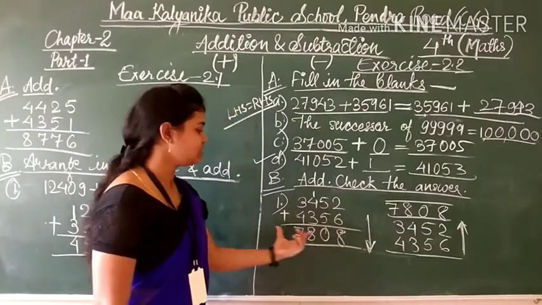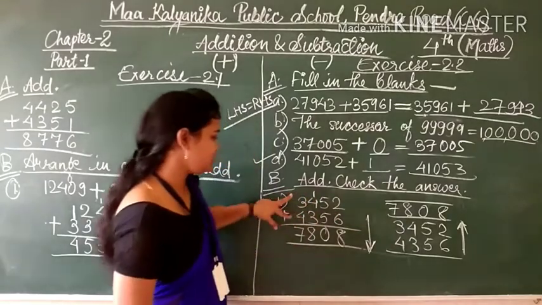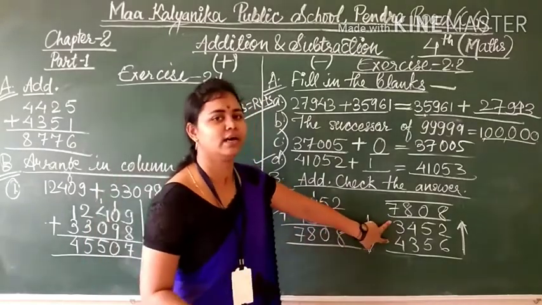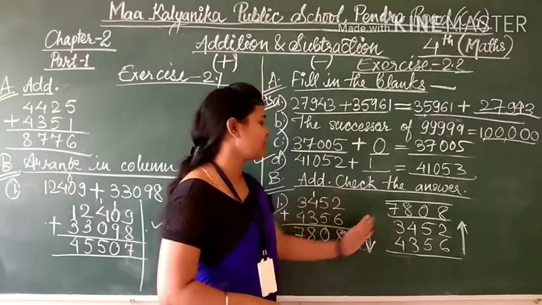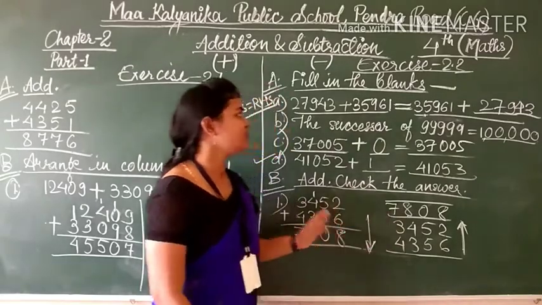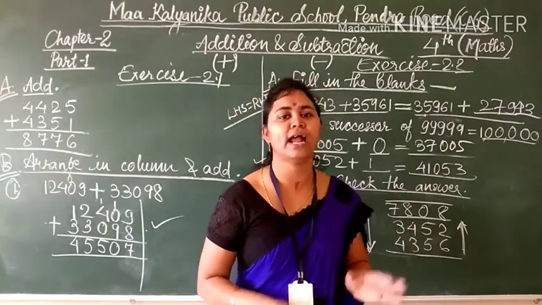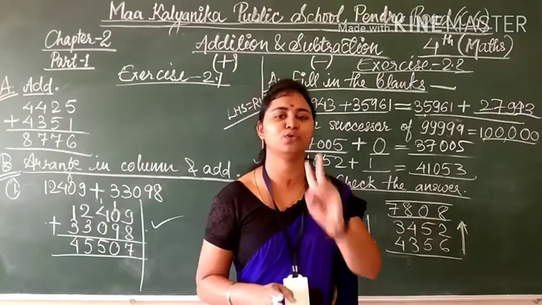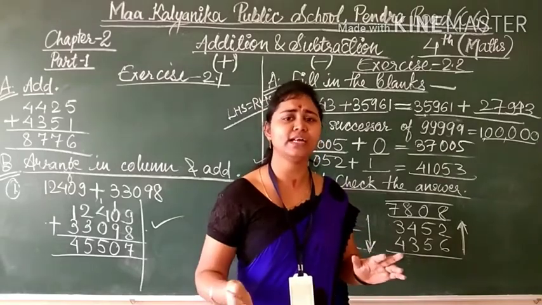So in this way, one you have to solve, and the next will also have the same answer if these two numbers are the same here. Check whether these two numbers are the same in all the questions, then you can write the same answer here. So students, I think in this way you have understood exercise 2.1 and 2.2, but two questions of 2.2 I had left, and that we will proceed with in the next video.